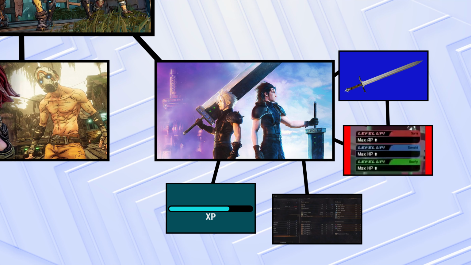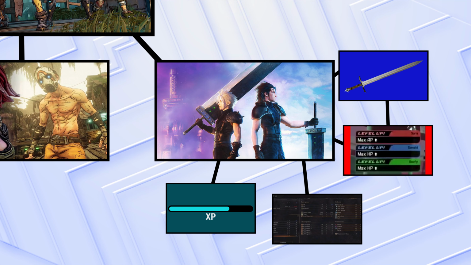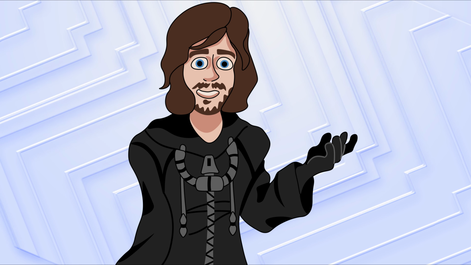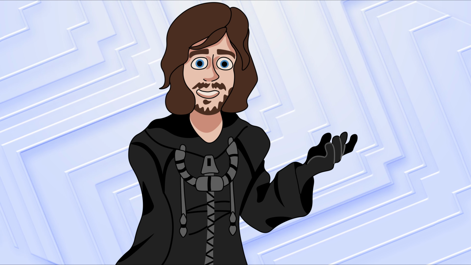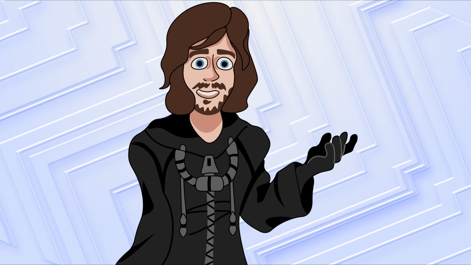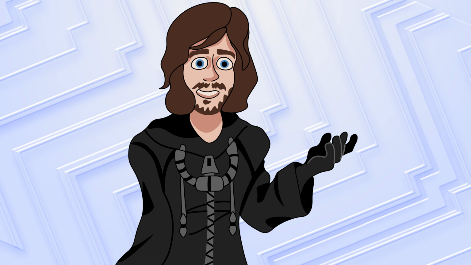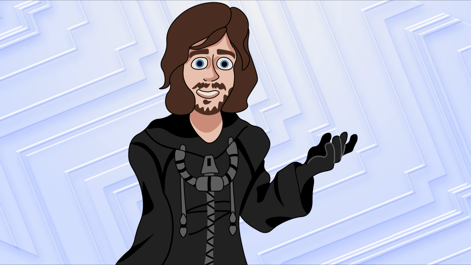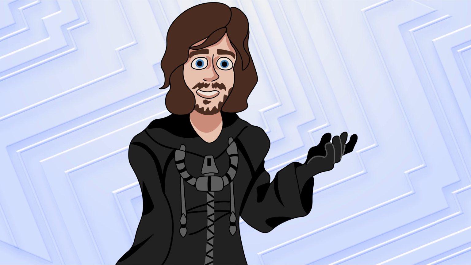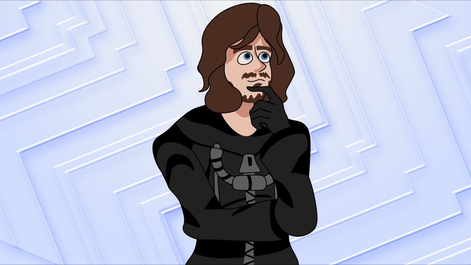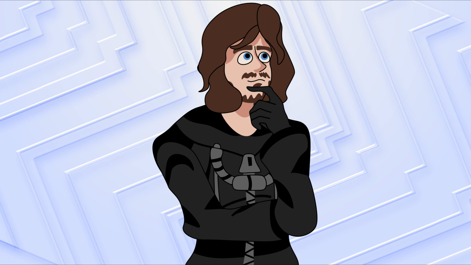Now we have broken down RPG mechanics to its most basic building blocks. And the wonderful thing about that is, now that we've done that, we can add or subtract any other features that we want if we break them down in the same way as well. Whatever parts you might want to add or subtract from your game, you can do that now.